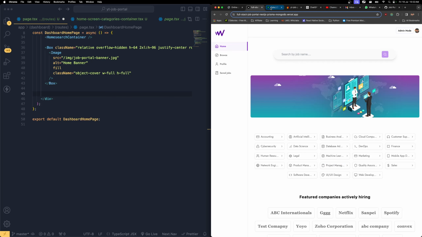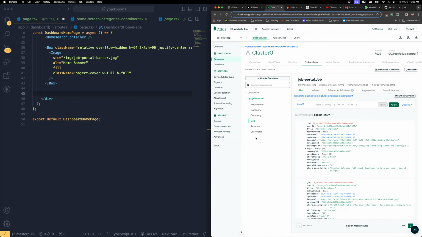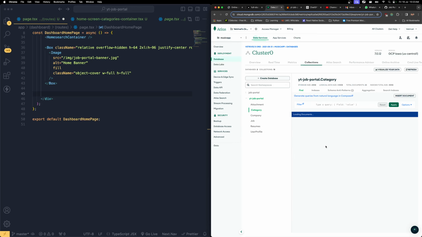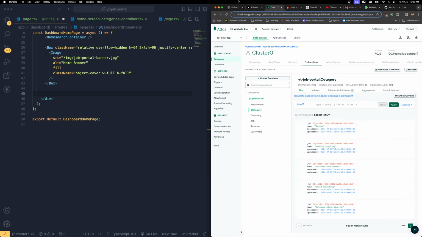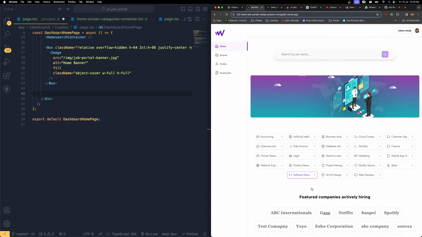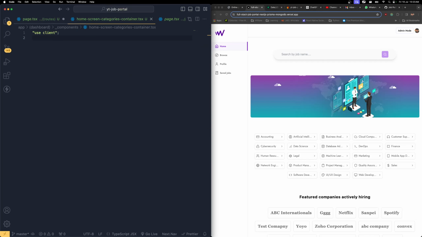But if you look at the MongoDB, we don't have that for the specific category. It doesn't have any icon name, literally nothing. We just have the name and its ID alone. So how to map these things, we are going to look into it and do all those things. All right, so first, for the home screen over here,